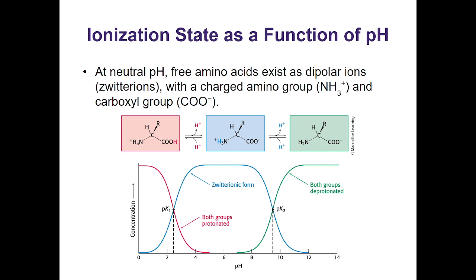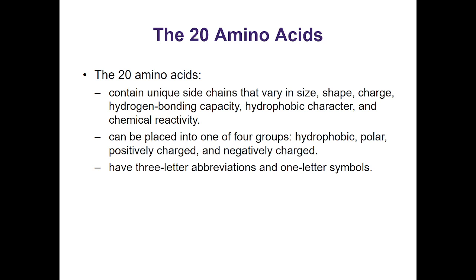If something has a positive charge and a negative charge, what is the overall charge? Neutral. So most of them do end up neutral, but that's because the R group can be charged if it's certain ones. Yeah, we'll talk about that. So the 20 amino acids contain unique side chains that vary in size, shape, charge,